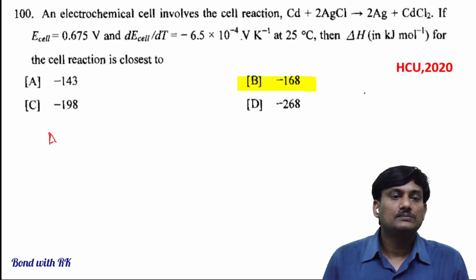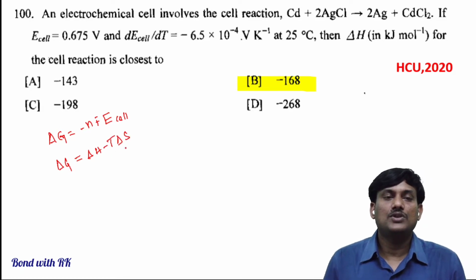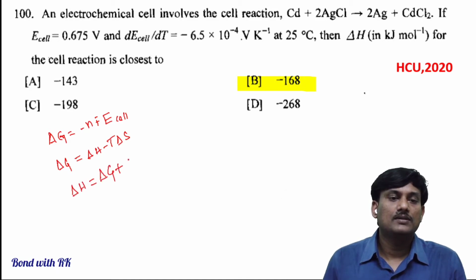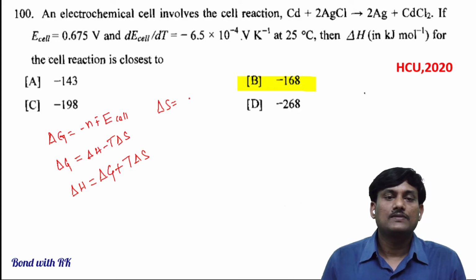Here we know that delta G naught is equal to minus NFE. Delta G is equal to minus NFE cell. And delta G is equal to delta H minus T delta S from thermodynamics. So delta G is equal to delta H minus T delta S, and delta H is equal to delta G plus T delta S. From this equation, delta S is equal to